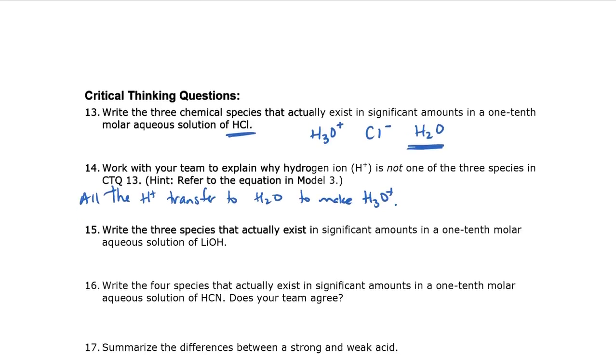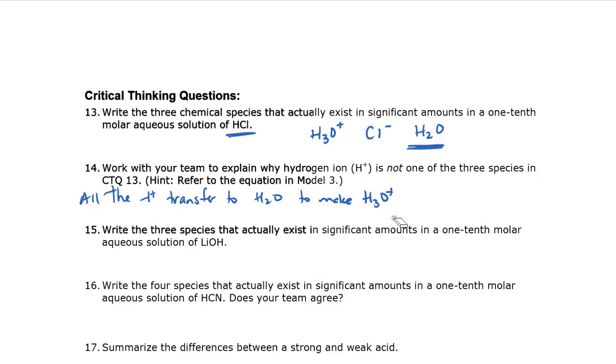Now, if I'm doing math, it doesn't matter if I call it H+ or H3O+, because it's going to come out the same amount either way. Every single H+ that there is, if it attaches to water, becomes H3O+, and the numbers of them will be the same. If I have 100 H+, then I would have 100 hydroniums. If I have a mole of H+, I'd have a mole of hydroniums. The numbers will be the same.